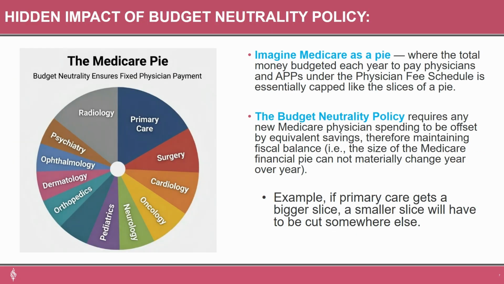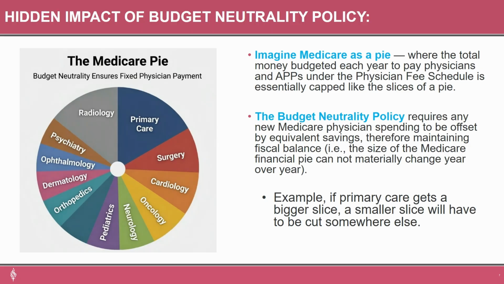Now that we have an understanding of the three types of RVUs, how they're used to calculate Medicare physician payments, and we have reviewed the additional uses for the work RVU, it's time to introduce the antagonist of our Medicare physician payment and RVU story, the federal budget neutrality policy. The purpose of this federal policy is quite simple. Its purpose is to make sure that any annual budgeted physician fee increase is offset with a materially equal payment